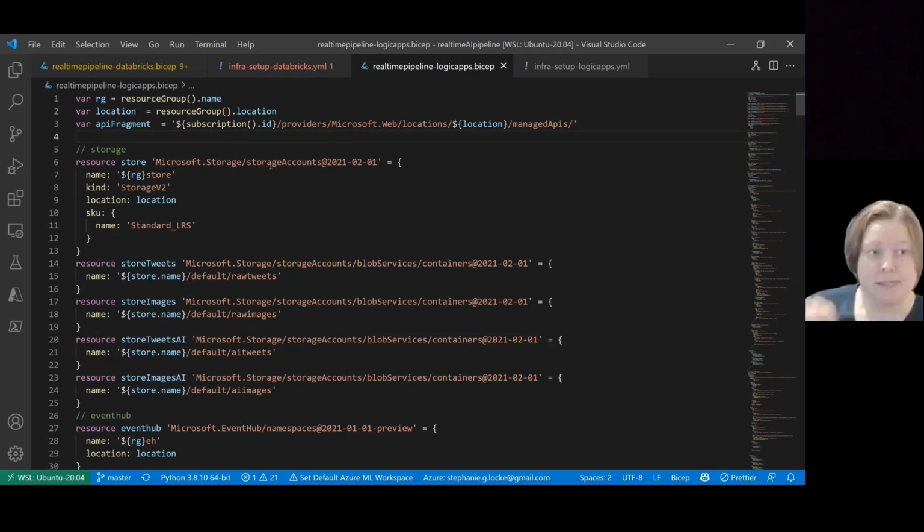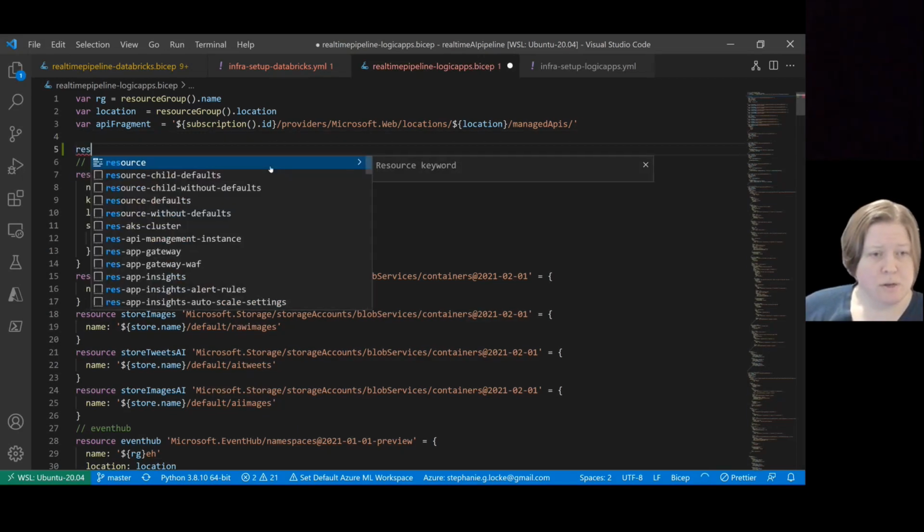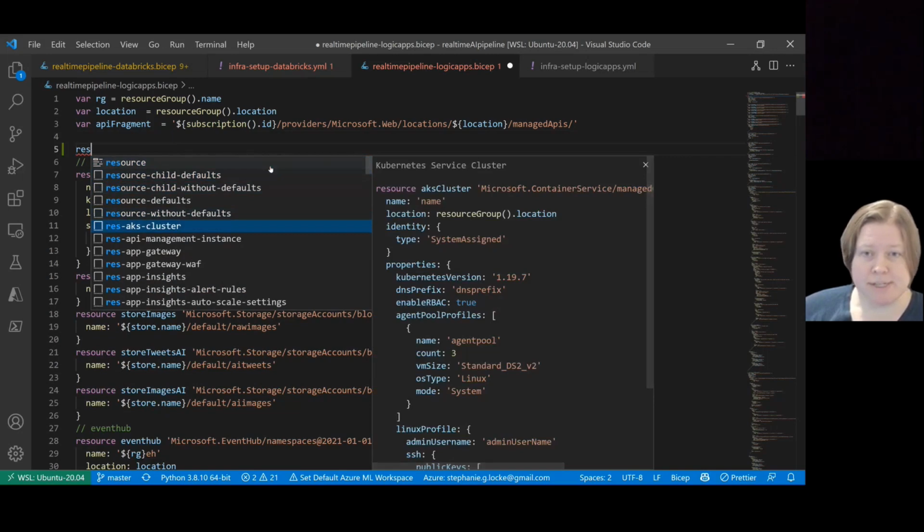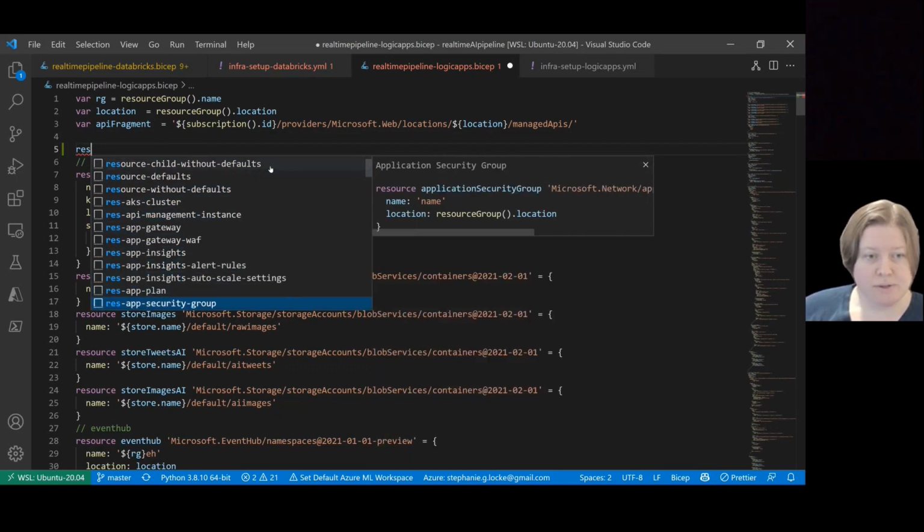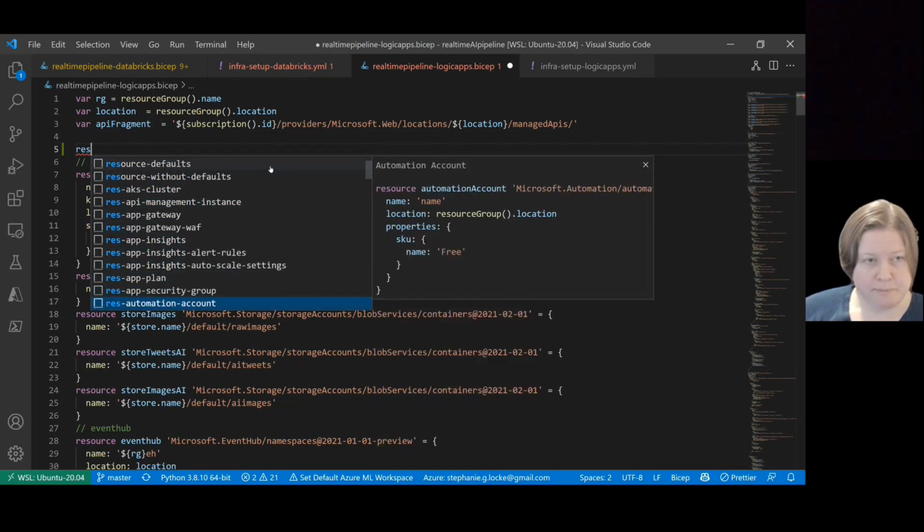So, for instance, as a result, we're able to have snippets that help us with different solutions. So these are out of the box